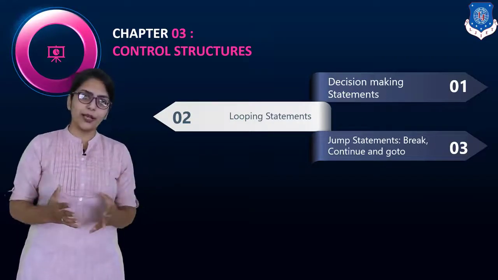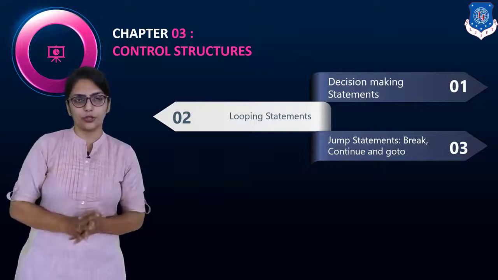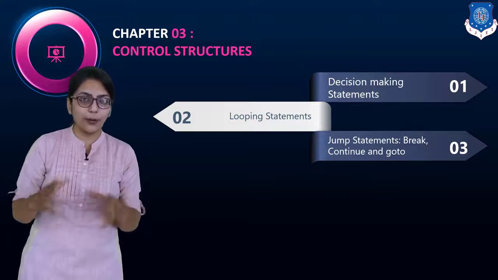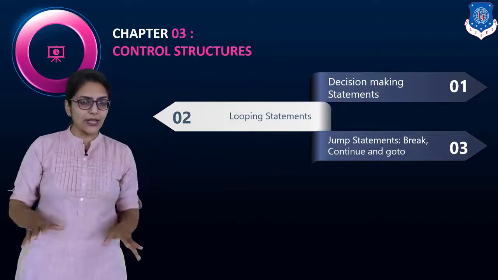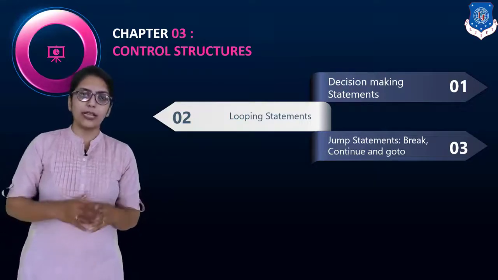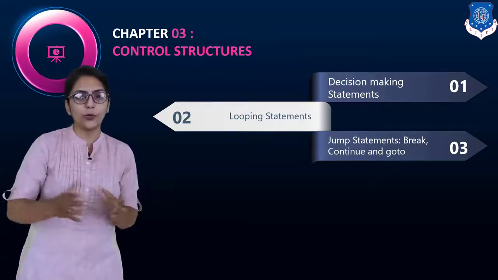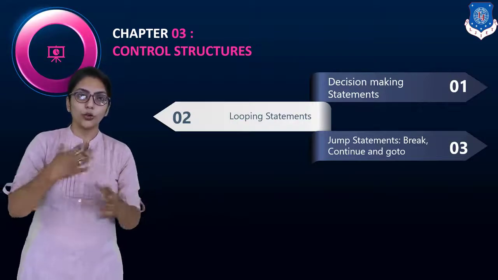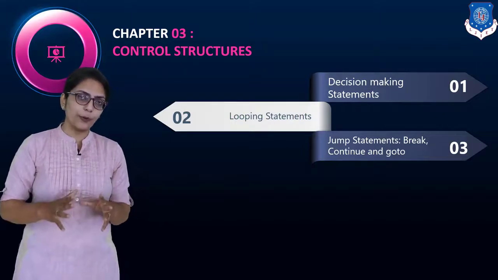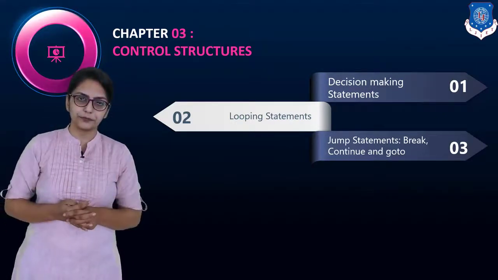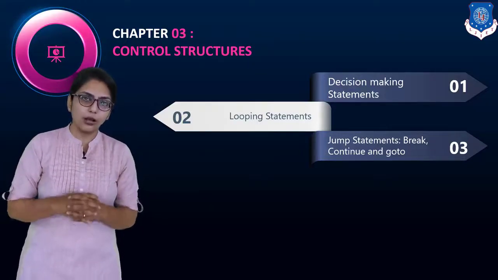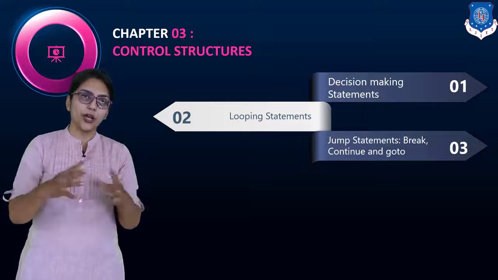You need to optimize your code. You need to make it efficient. You need to reduce the length of code. And you can do it with the help of loops. We are having so many types of loops. And I am going to explain with examples which loop is to be used in which cases and how you can use a loop, what will be the code and syntax of the loops. All of this about looping will be done in this chapter. Then after, last but not the least, the third part is all about branch or jump statements.